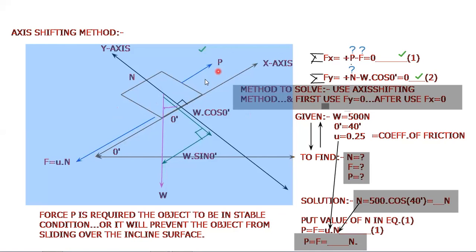Either the force P is greater, then the body will move in upward direction. If the force P is less, then the body will move in downward direction. That is the dynamic friction that we will study later on. Okay, so our time limit has ended here and our lecture will end here. So do practice more and focus more on the